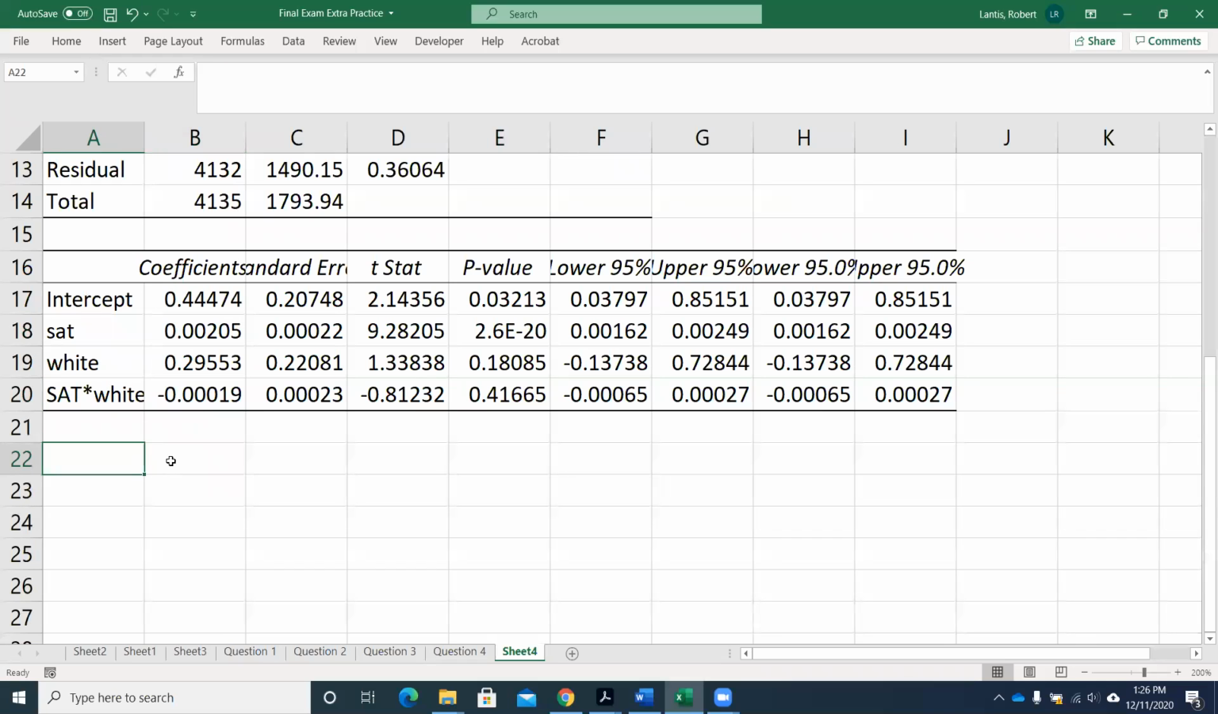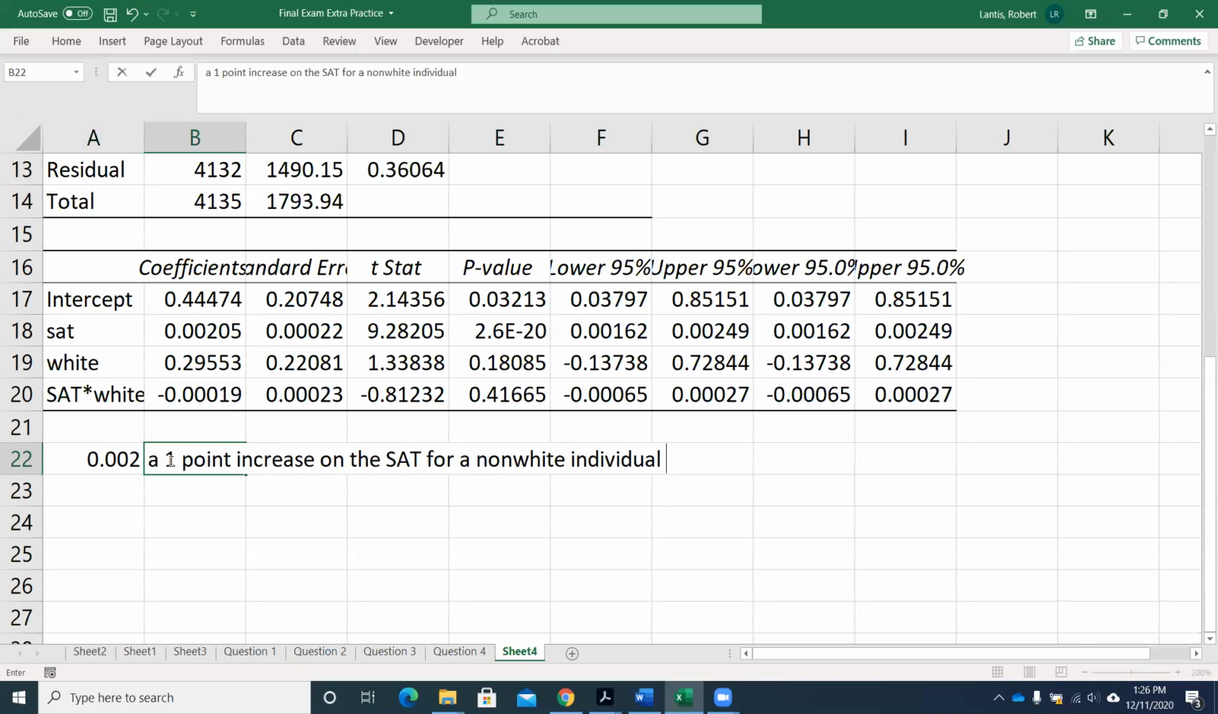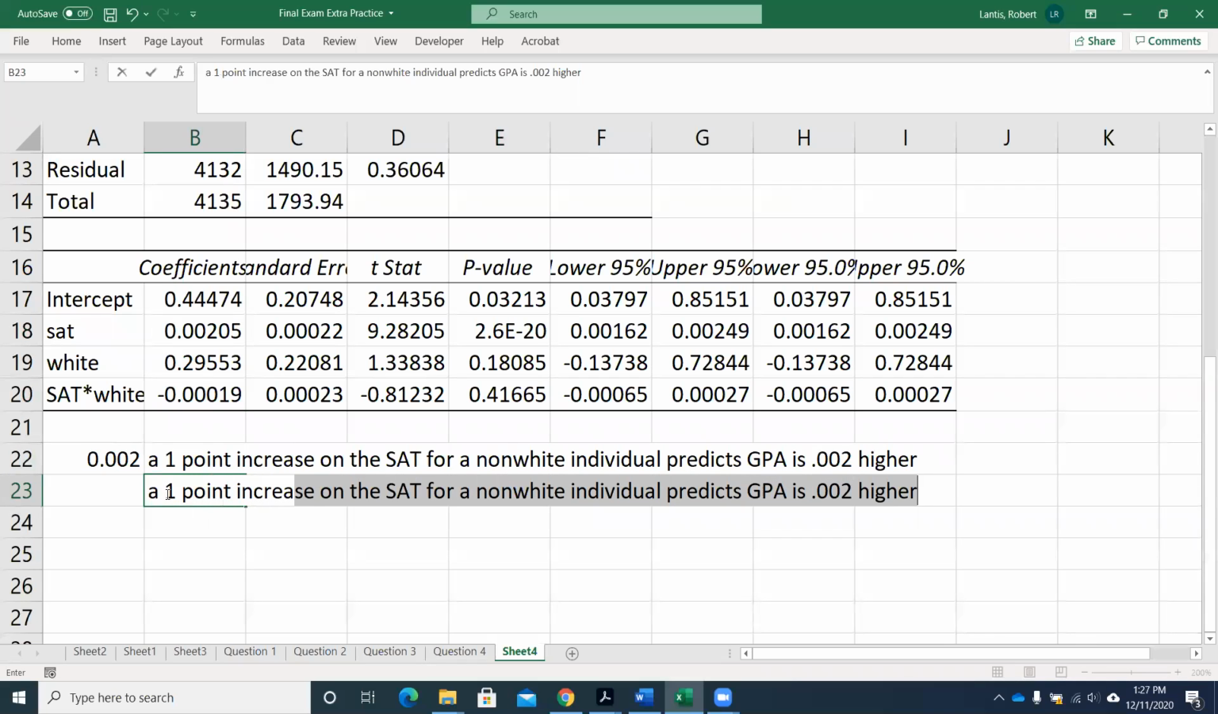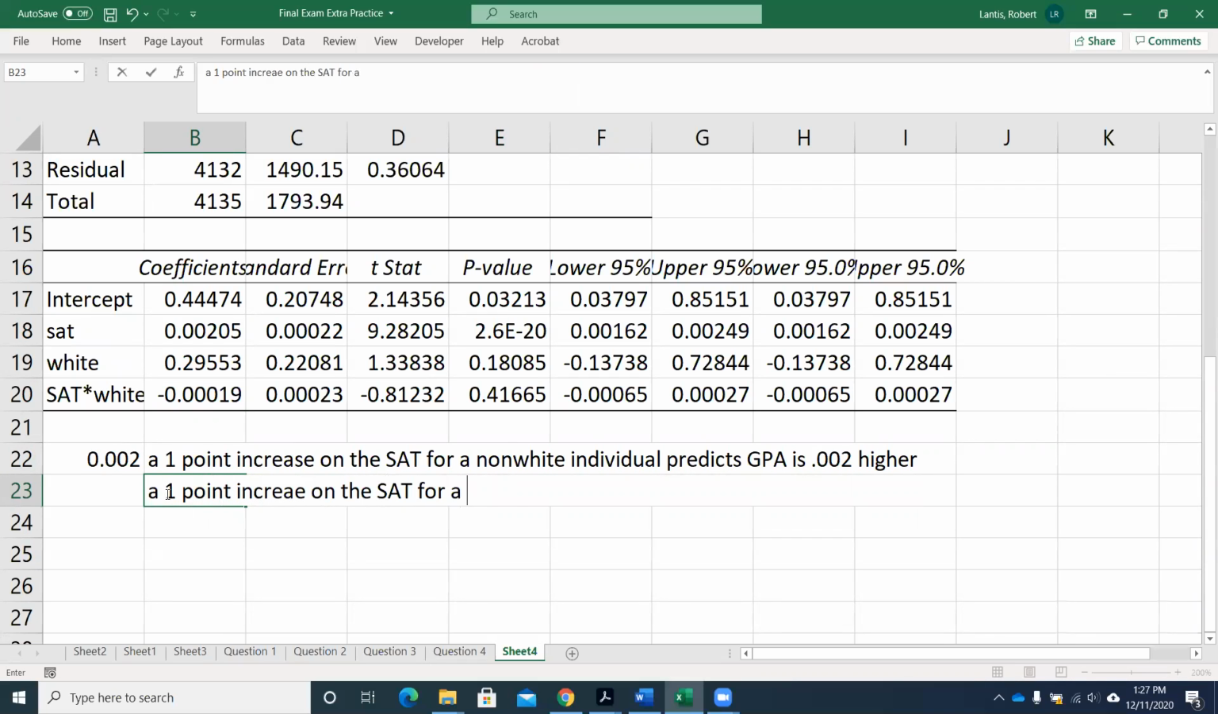But we could do the same thing here, right? We could say simply that 0.002, that's going to be the effect: a 1 point increase on the SAT for a non-white individual predicts GPA is 0.002 higher, right? That's what we're thinking about there. However, a 1 point increase on the SAT for a white individual predicts GPA to be, we're not sure yet, higher,